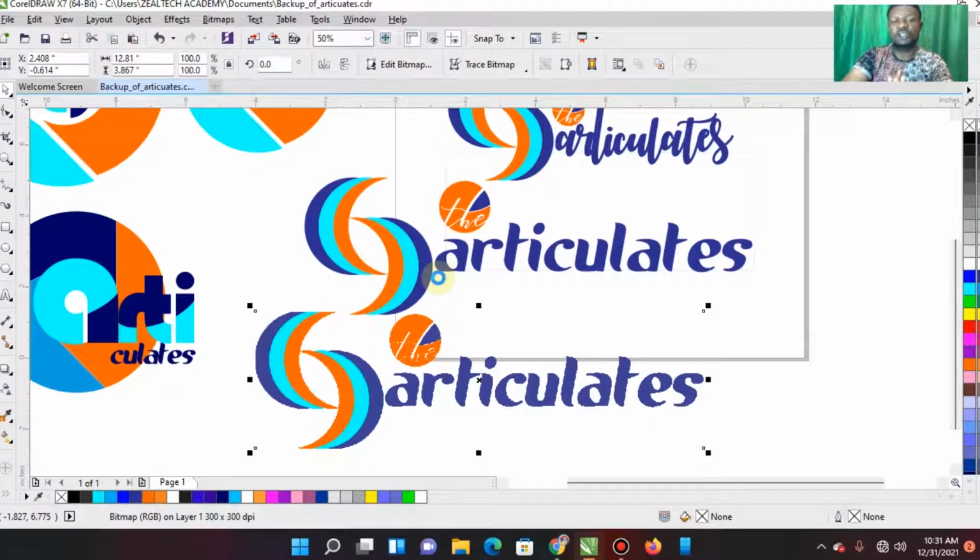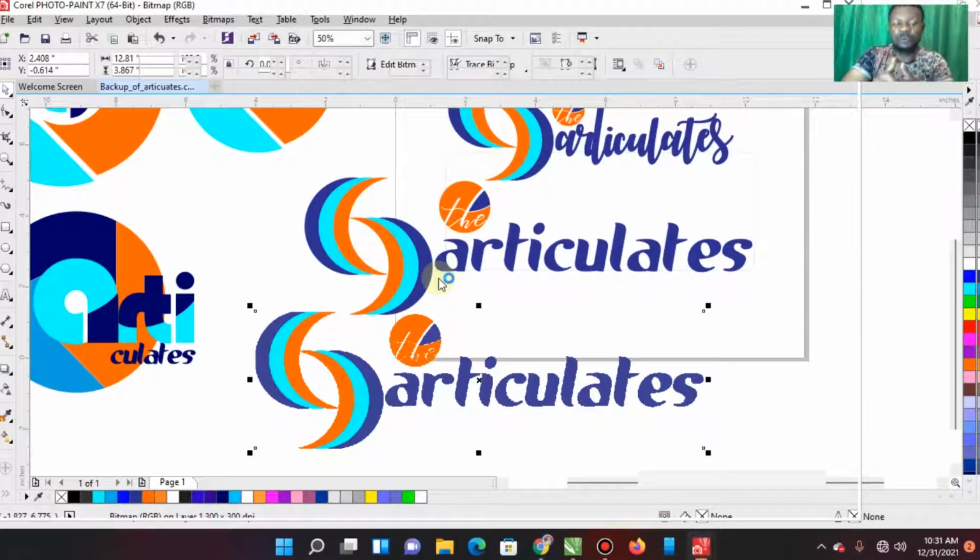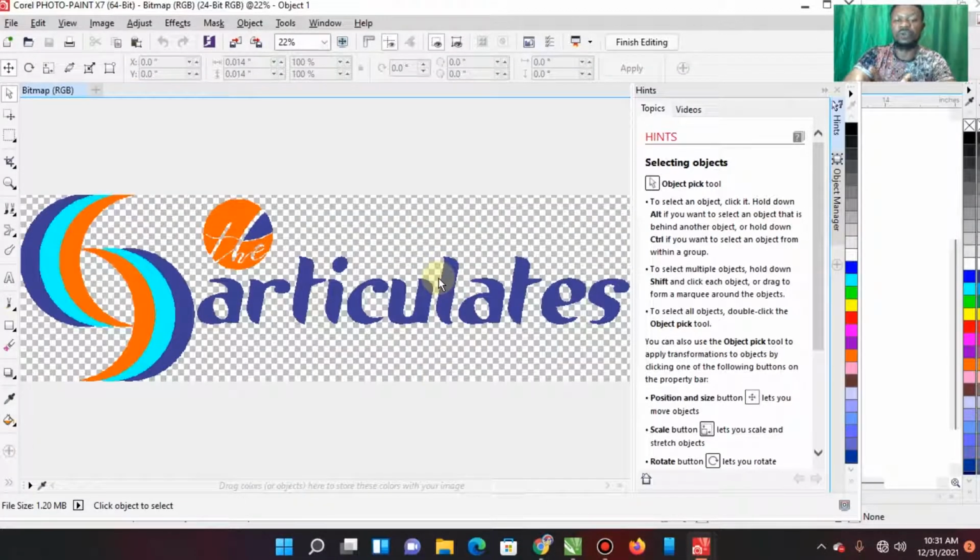It's going to take you down to PhotoPaint. That is another application on its own, but that is where you apply the plastic effect, and that is where you set up the plastic effect. So now, as you can see, it has launched Corel PhotoPaint, so that you can apply the plastic effect.